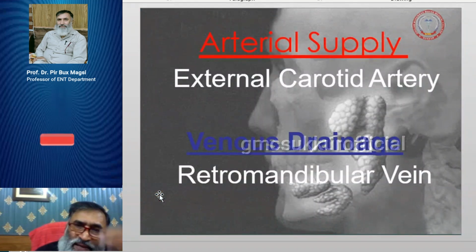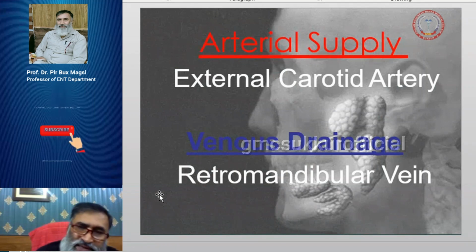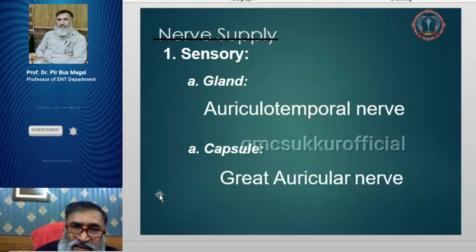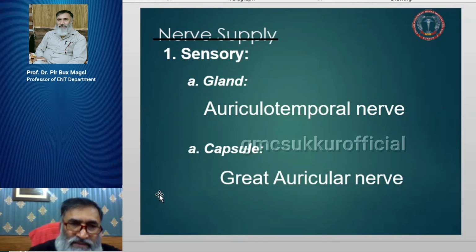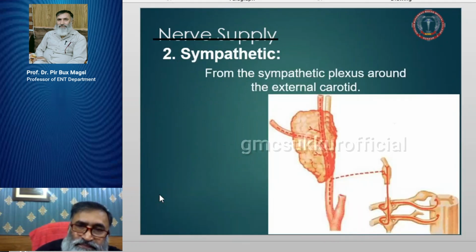Now the arterial supply is the external carotid artery, and the retromandibular vein provides the venous drainage. Sensory supply is by the auriculotemporal nerve, and the capsule is supplied by the great auricular nerve. Now there is the sympathetic supply around the external carotid artery, where you have the